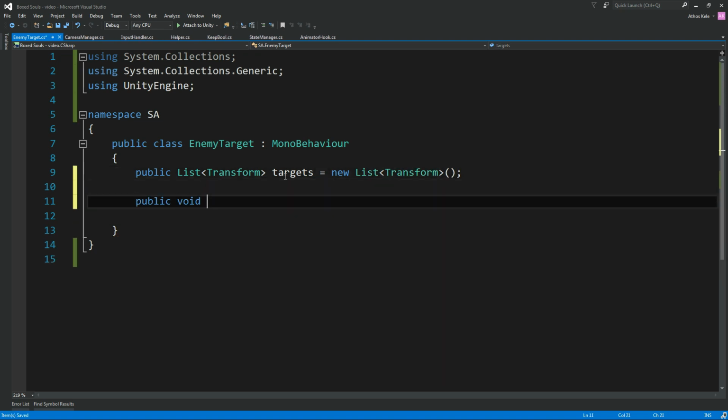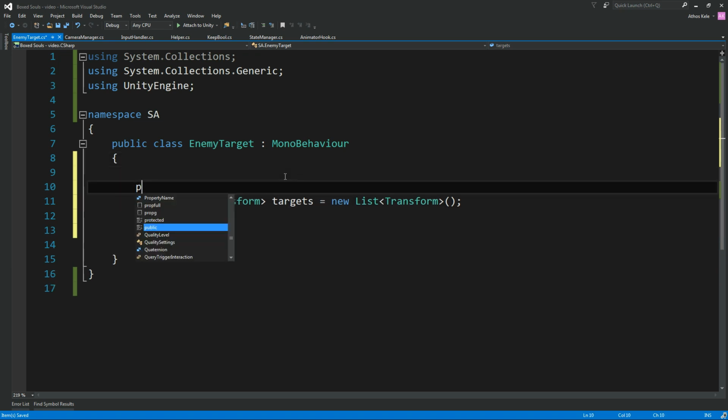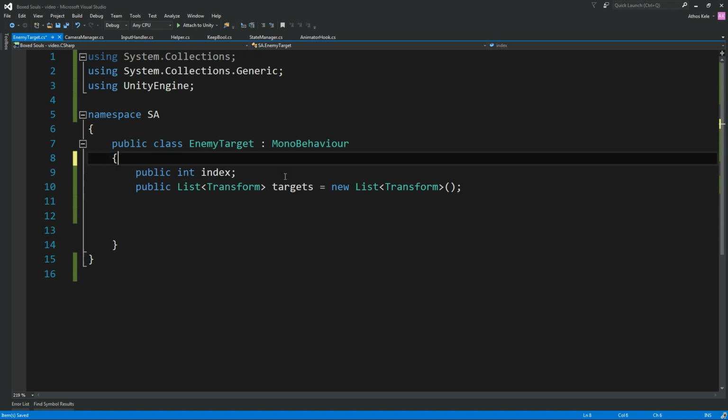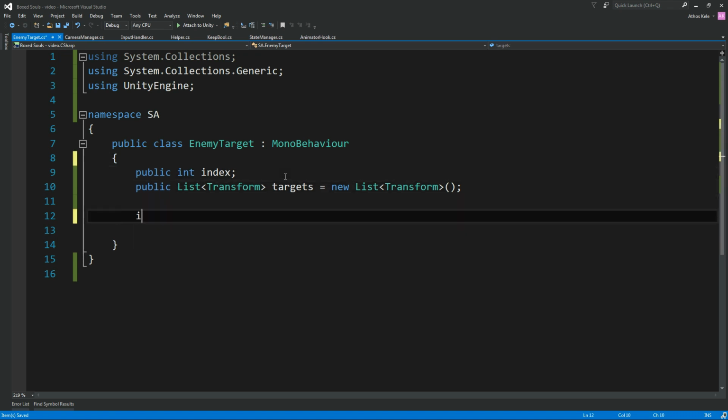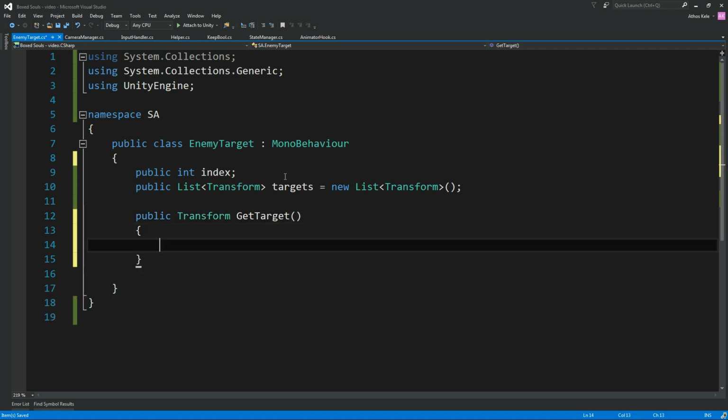So we can also add an integer with an index and say public transform get target, and say targets